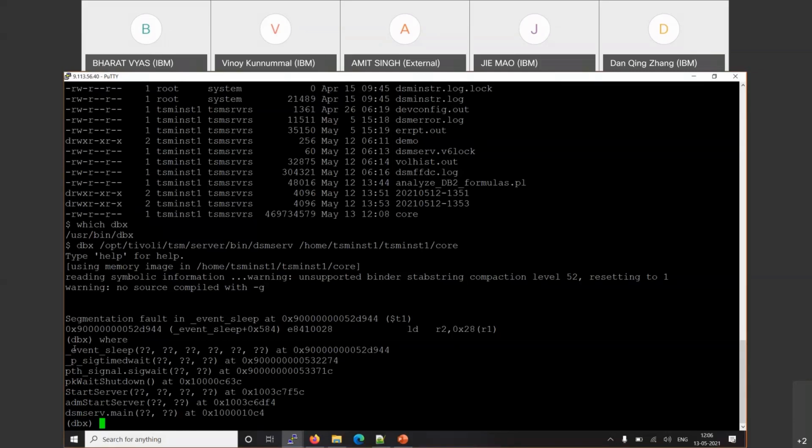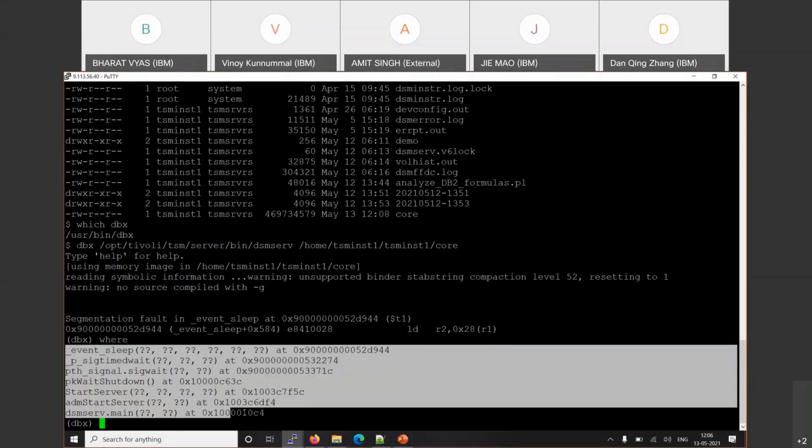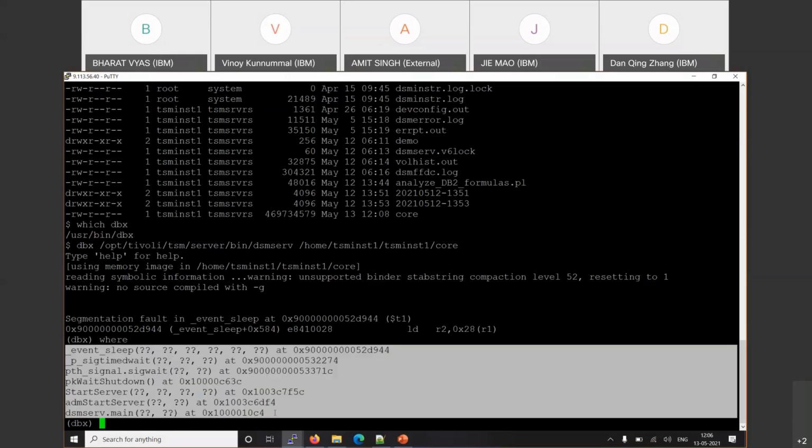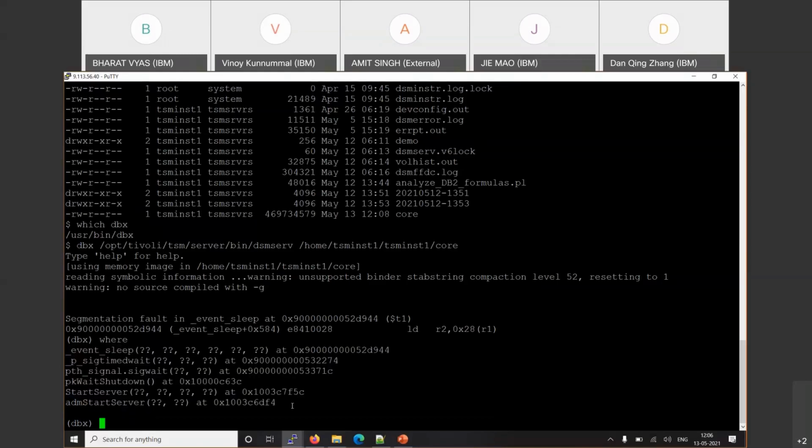In case you do not find any known issue, then surely you can share this output with the support team and tell them, this is the call stack I have extracted, please analyze further. The support team will further investigate to identify whether there is a known issue, or whether it's a configuration issue, or whether it's a code issue, to tell you the cause of the crash. So this is the first part. Let me quit from the dbx prompt.